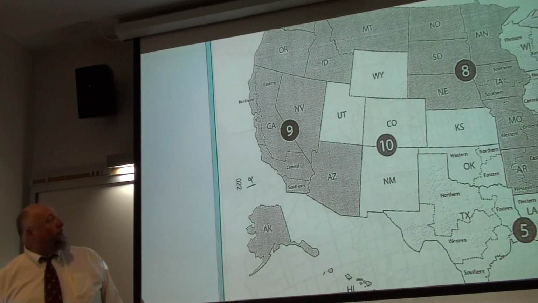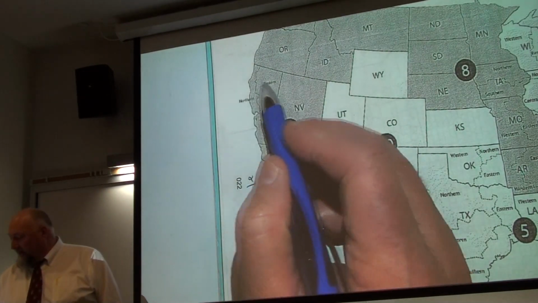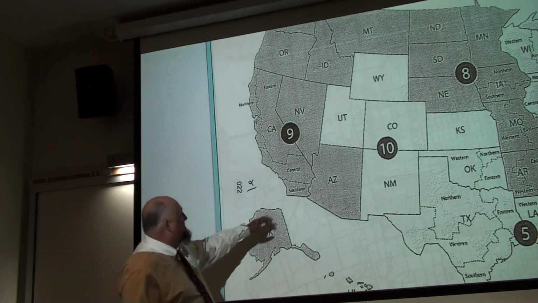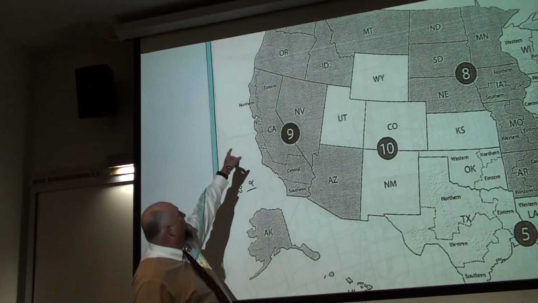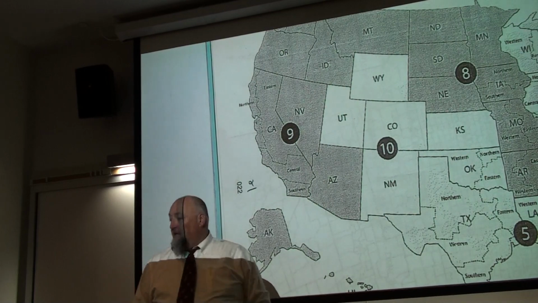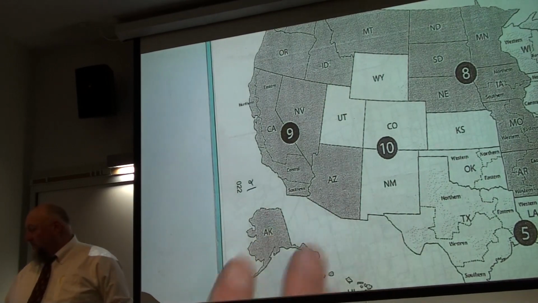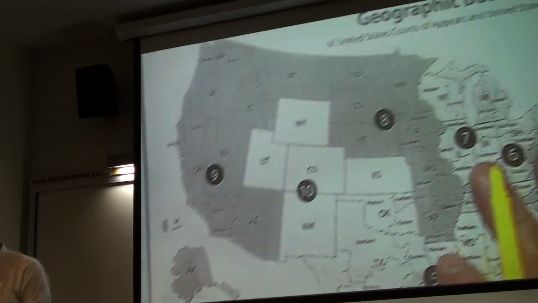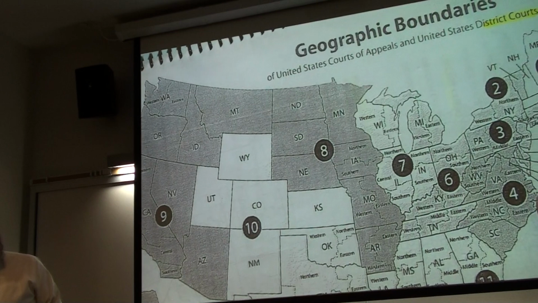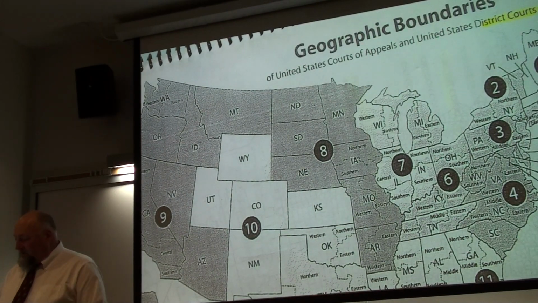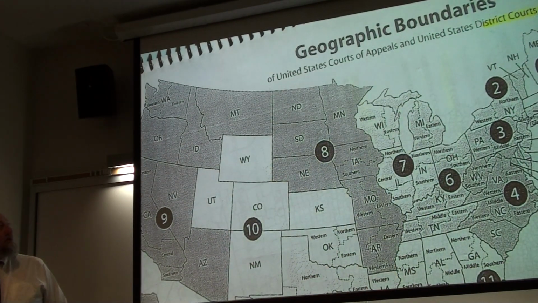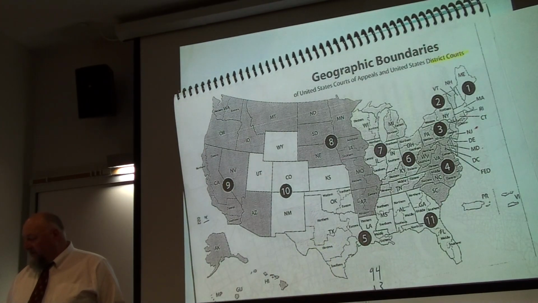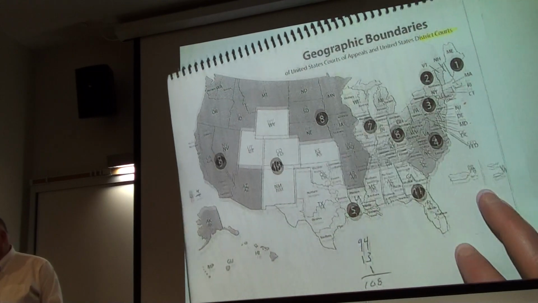If you look down here in California, they have 4 districts based upon their population. The Southern District, the Central District, the Northern, and the Eastern District. And those are the U.S. District Courts. So again, from a trial court standpoint, the district courts are the trial courts. So each state has at least 1 district. Some states will have more than 1, up to a maximum of 4. And altogether there are